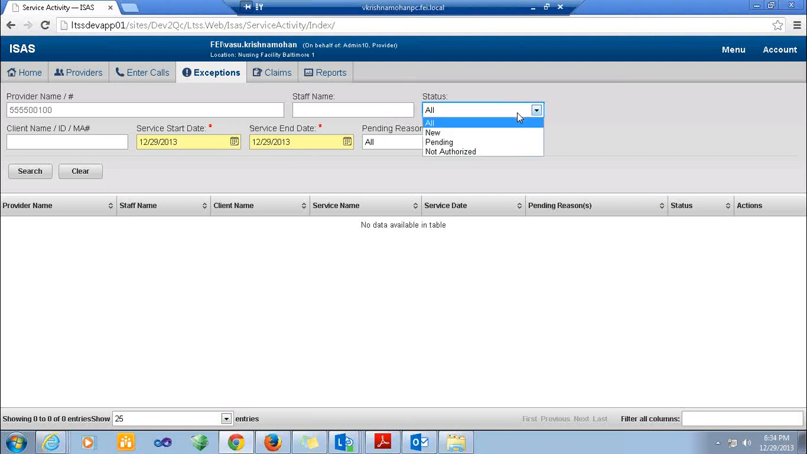Now, you need to look for exceptions with the status of new, because anytime a clock in or clock out is entered through the IVR system, but a corresponding clock in or clock out is not found, the system will create an exception. What do I mean by that? So again, if a staff member clocked in for a service but forgot to clock out, there will be an